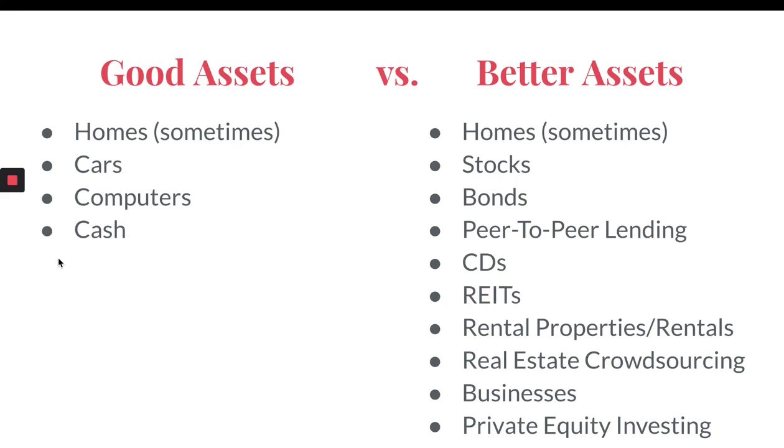So let's talk about better assets. Better assets are all about having your asset worth more in the future. So notice that good assets are kind of like your asset is probably going to be worth less in the future in some senses, right? Except for homes. But I just wanted to put homes in the good assets so we could talk about it. It could be a better asset, as we have in our first point. Homes can be a better asset. It could definitely be worth way more in the future than it is worth now.